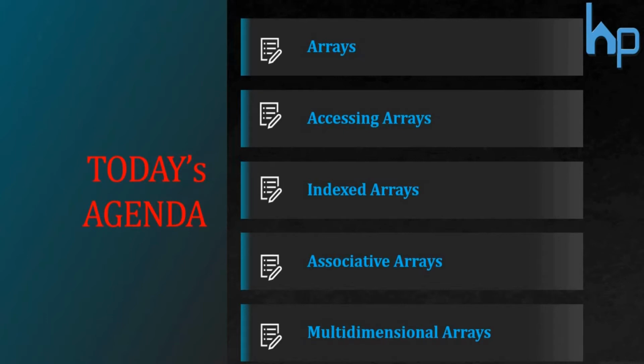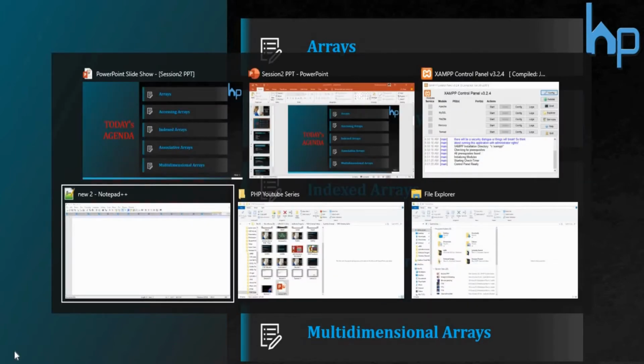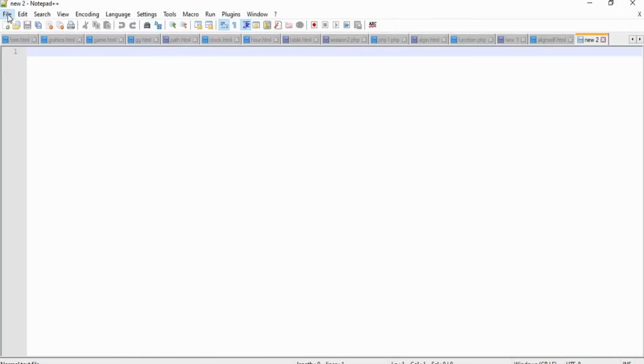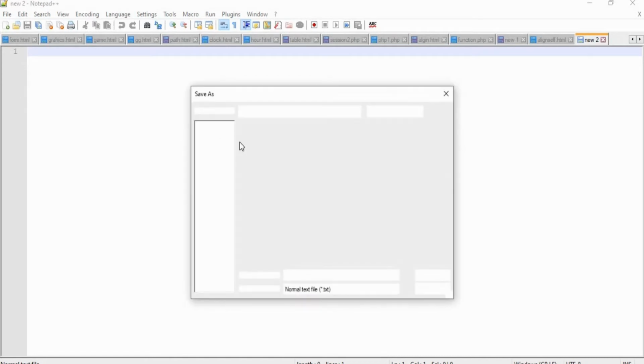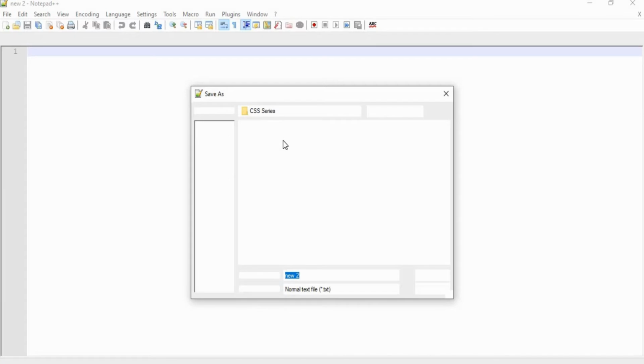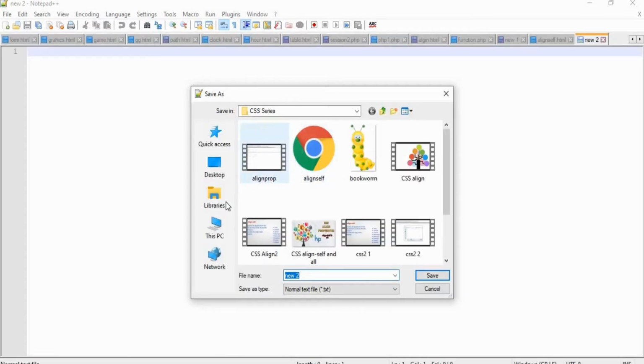For that, take any text editor and create a new PHP project and save it in a folder called htdocs inside an exam folder, right? Here I am creating a new file with the help of the text editor Notepad++, and I am going to save the file inside the folder htdocs of exam.